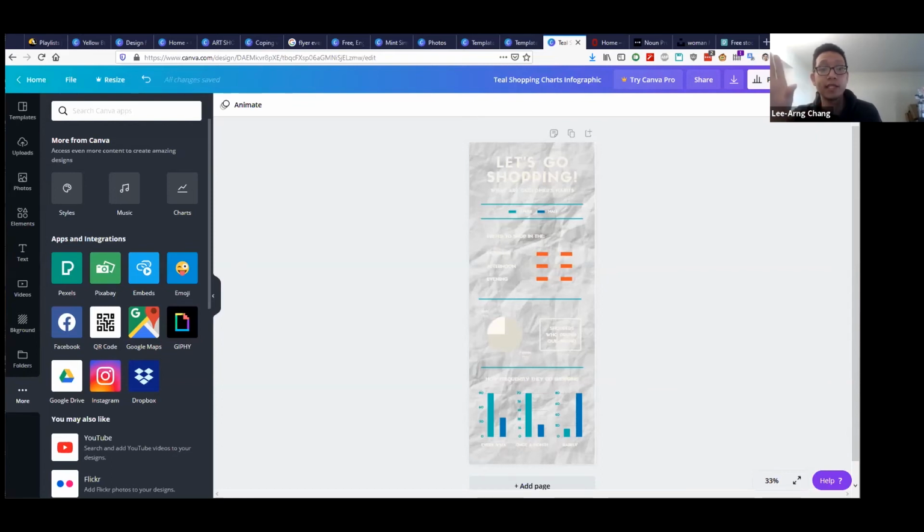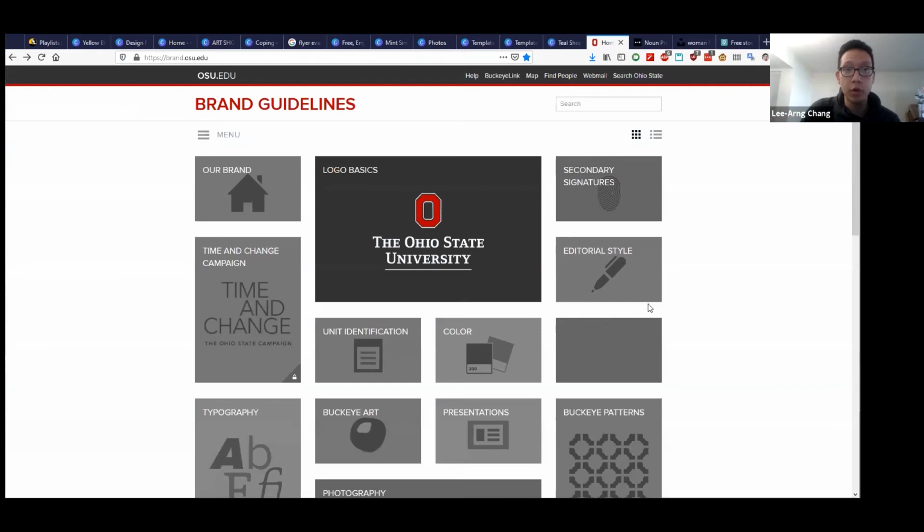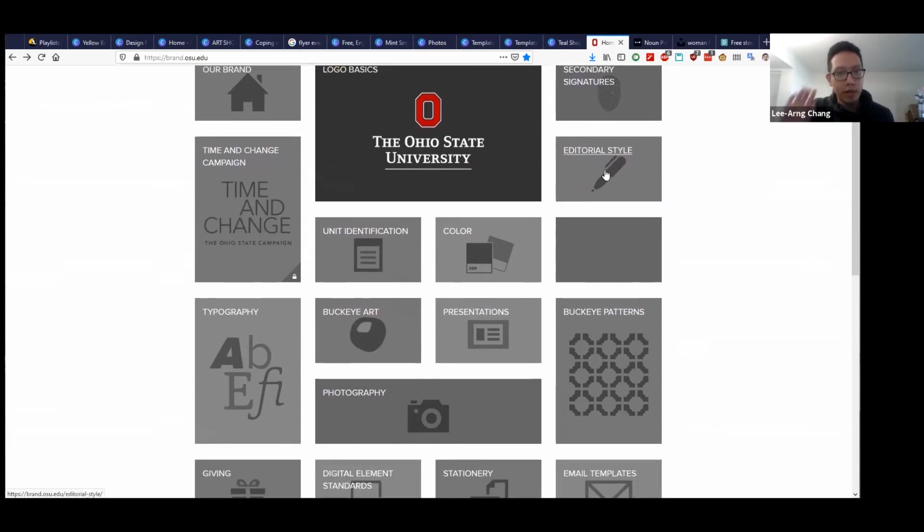So the university does not have a paid Canva account that I know of. There is no way to ensure OSU brand guidelines are met through the free version, correct? This is a good thing to know if people don't know. Here is the OSU brand website. I didn't talk about this.